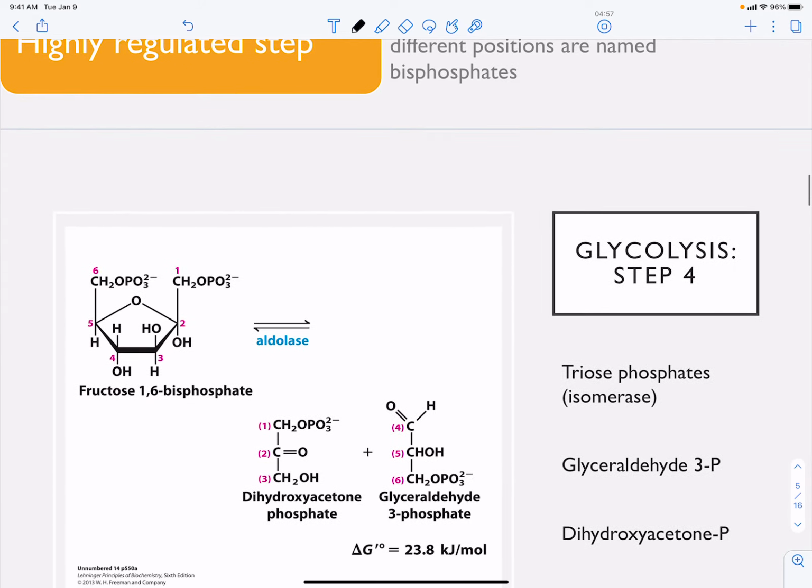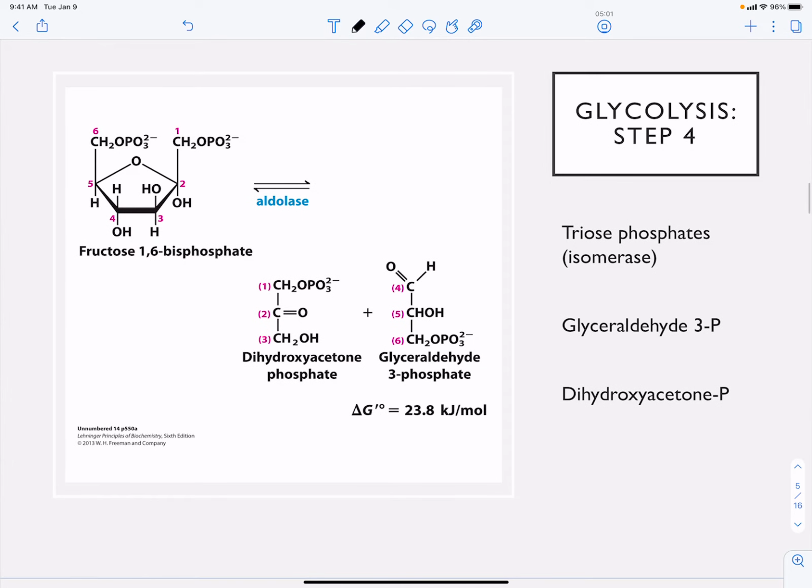Now, the fourth step of glycolysis is we have this phosphorylated compound on the 6 and 1 position, and they have 6 carbons. And so we're going to want to split this into 2 3-carbon compounds. And we do this through an aldolase step. And you're going to generate a glyceraldehyde 3-phosphate, which has 3 carbons with that phosphate on the 6th position,